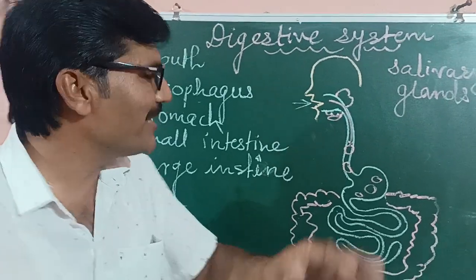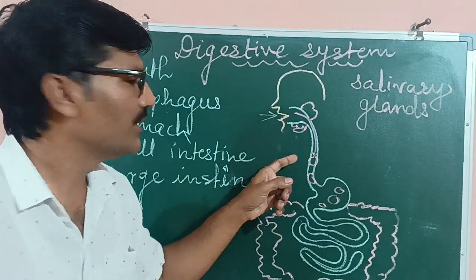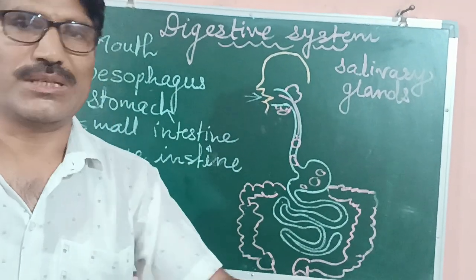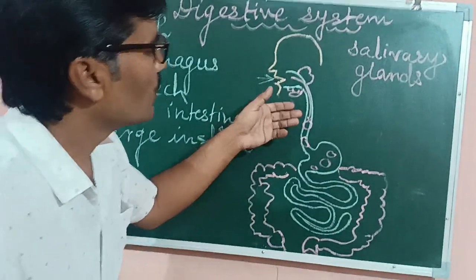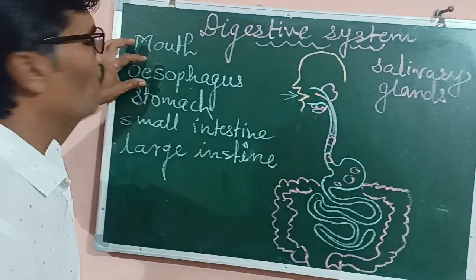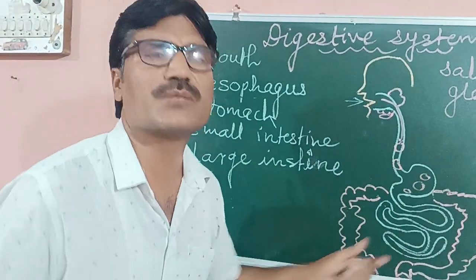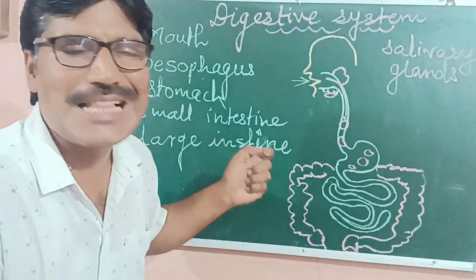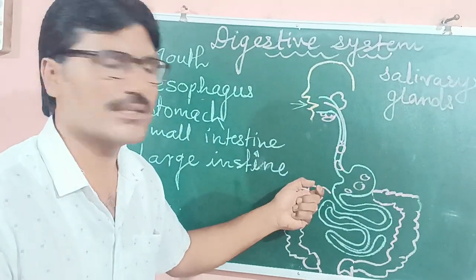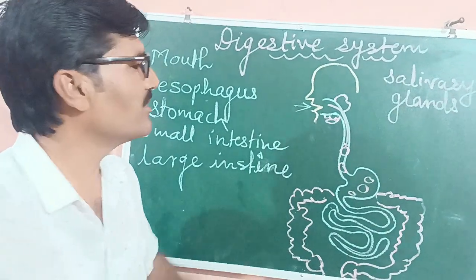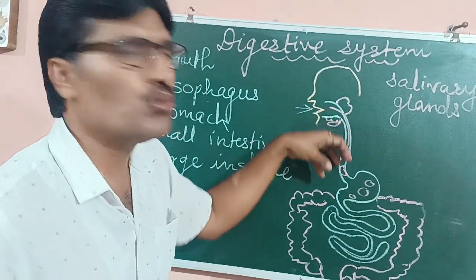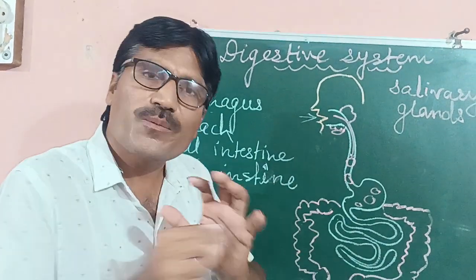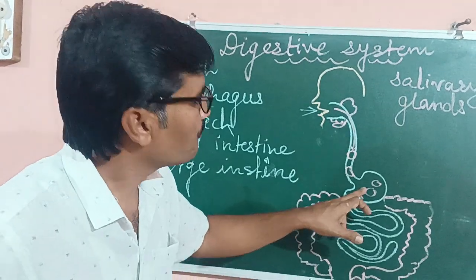So the snake's body is also like a tube. It waves. It moves like the waves. The same thing happens with the esophagus, the stomach and the small intestine. There is a movement called peristaltic movement, and because of the peristaltic movement, the bolus is pushed gently, properly, without any obstacle into the stomach.